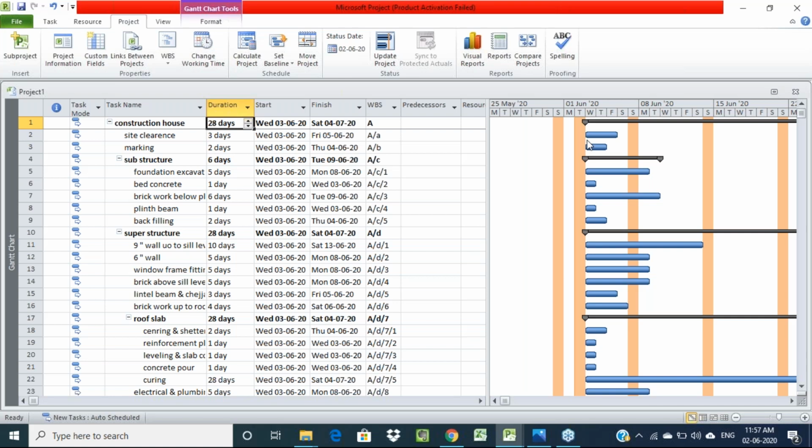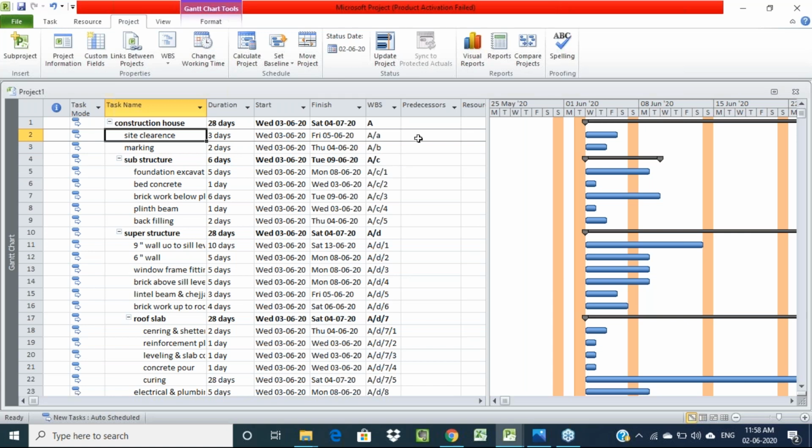For giving linking, the project automatically takes a finish to start kind of linking. I already told you about the four types of linkings, and among them the project automatically takes the finish to start type. That means after completing the first activity, the next activity starts.